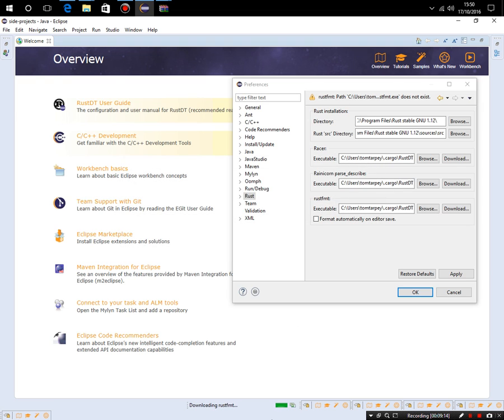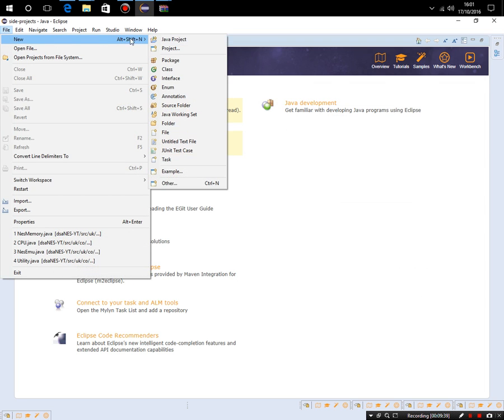Click OK, and it's going to start downloading. So we'll pause it, and I'll be back as soon as this is finished. Okay, so RustFMT is done. So this has been a lot less painful than manually doing it and then browsing and doing it. So that's quite nice. So now if I apply and OK that,